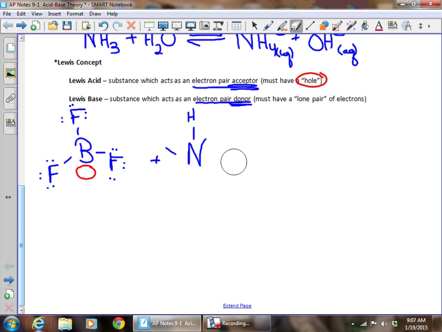Let me draw that a little bit differently. Ammonia has a pyramidal structure, and it has a pair of electrons, a lone pair of electrons. That makes ammonia an electron pair donor. It makes BF3 an electron pair acceptor. So this is our Lewis acid, this is our Lewis base,